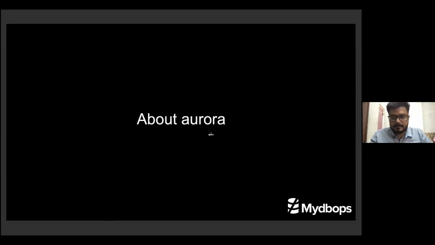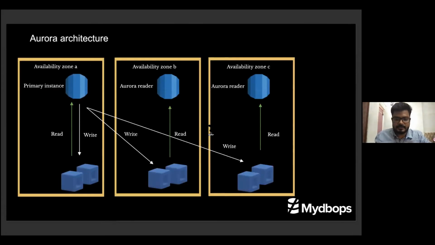So about Aurora, I think most of you are aware of it. For the persons who are first going to learn about Aurora, basically it synchronizes at the volume level. That means instead of reading the bin logs, the synchronization of the disk will be there in Aurora. But it will be in different zones. That means all the volumes won't be present in a single zone.